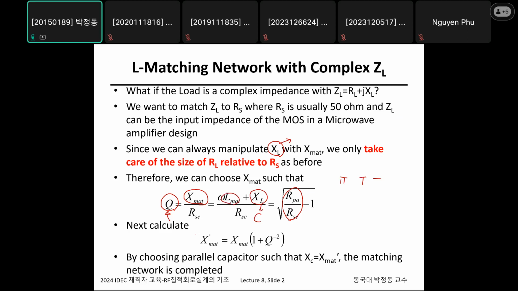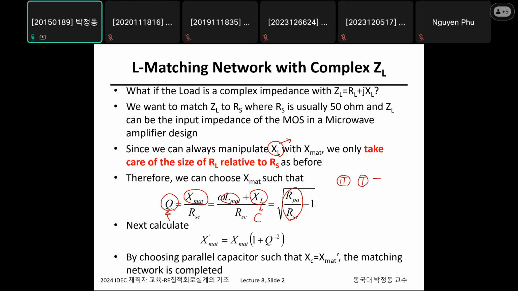Then sometimes we just add another reactance term, which makes a pi network or T network. Other times we can just observe this XL as a part of X matching. So in that regard, you can easily manipulate